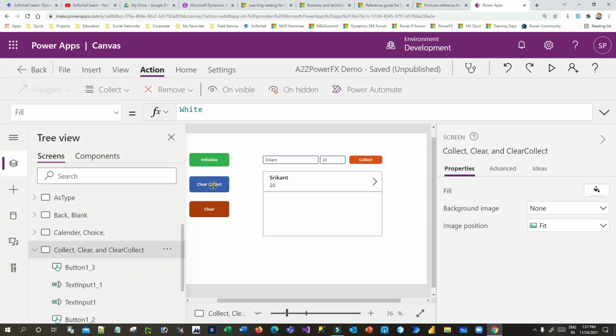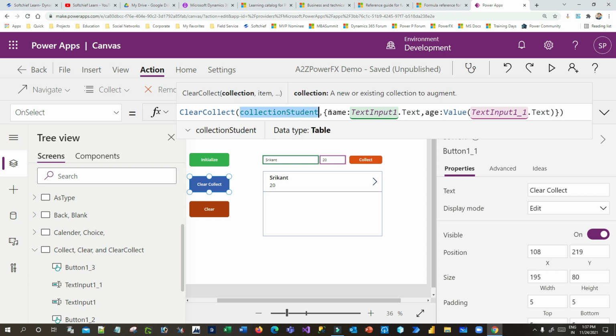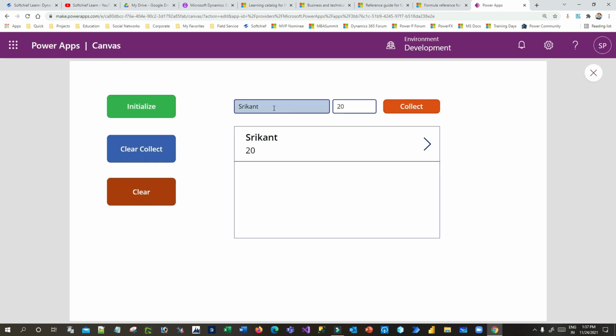If you can see here, clear collect will clear the collection object data items and take the values that are available in your text box, so these 2 text boxes, right? Now let me use something else. And the age is, let's say, 50.